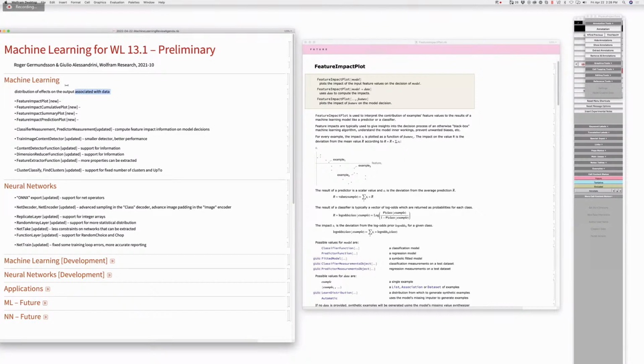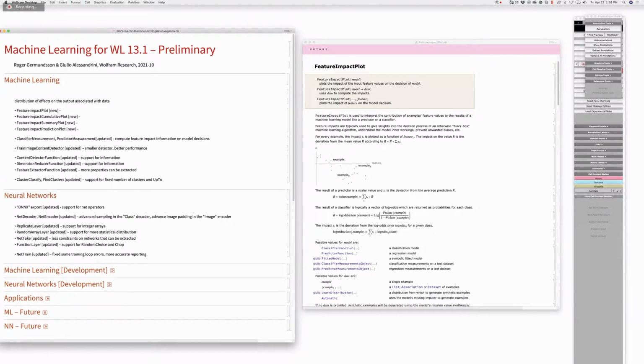So it's basically how much effect does this feature in the data have on the output? Exactly. So if we lead with that somehow,